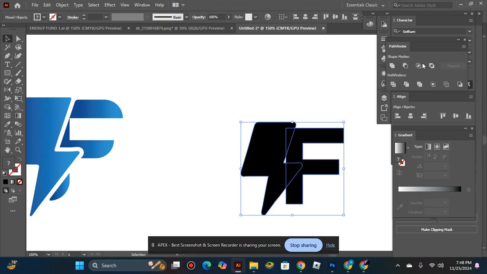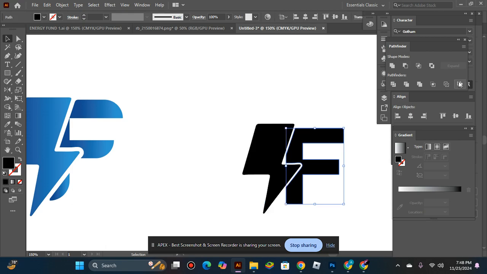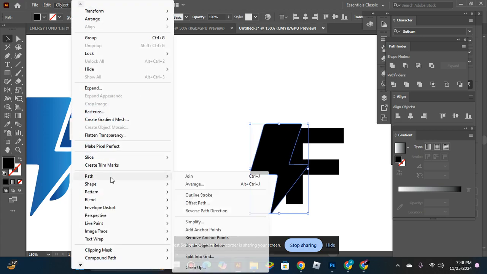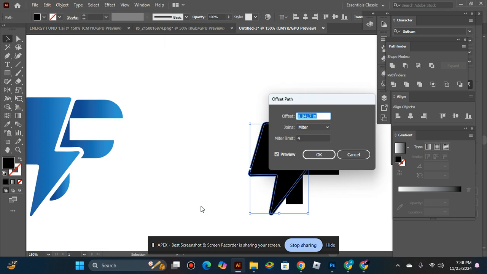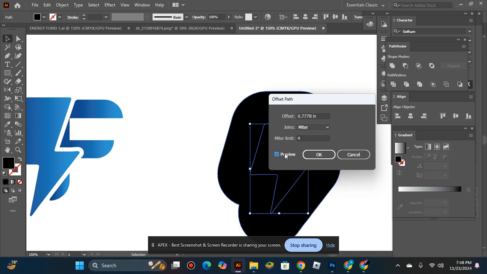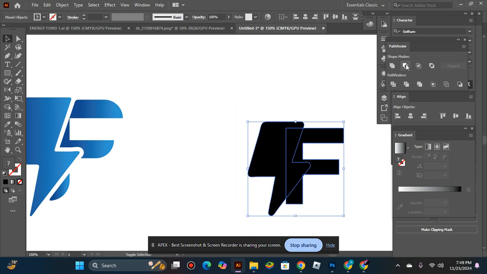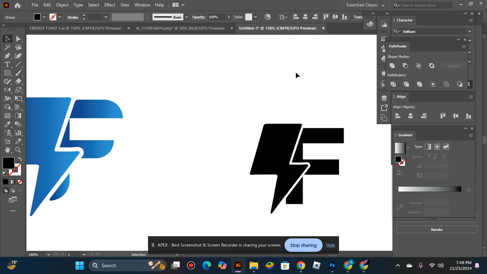Pathfinder. And now I'm gonna change this. But I don't think, okay, an object path, offset path, and 5 pt is, oh, it's too big. I'm gonna take this 4 pt and just,